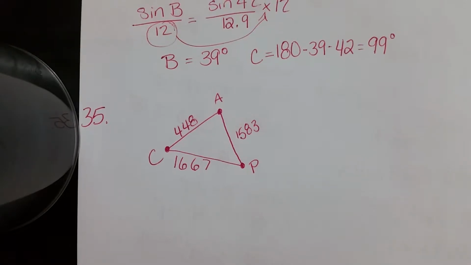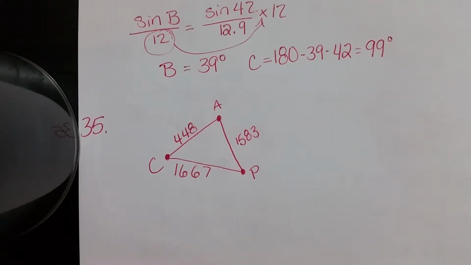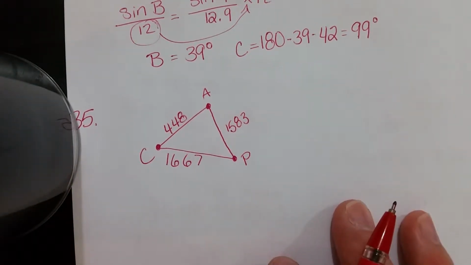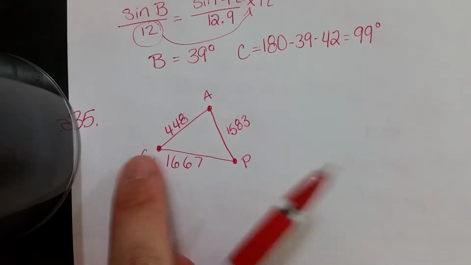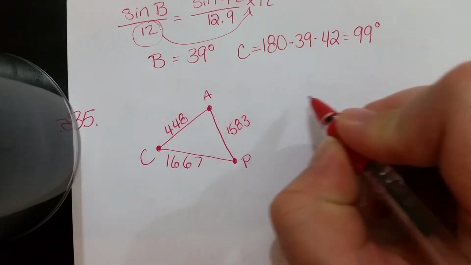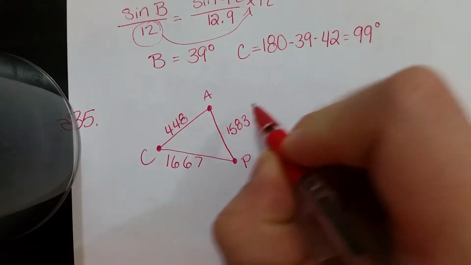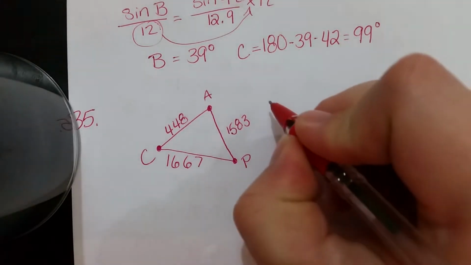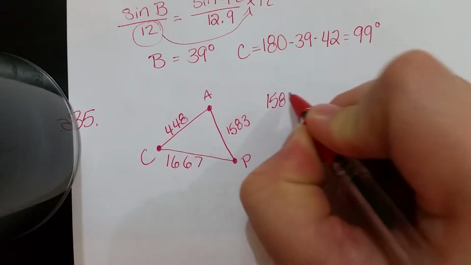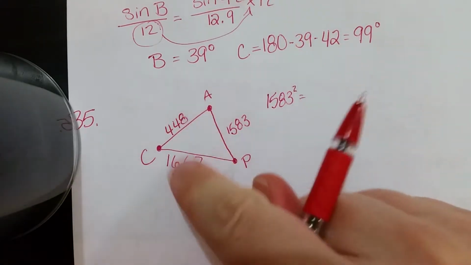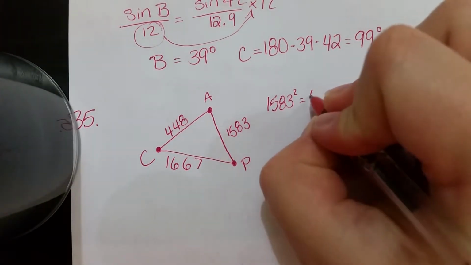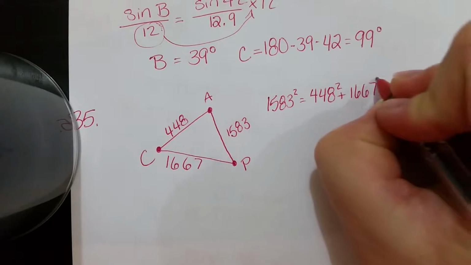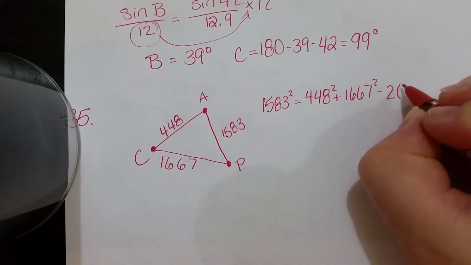Alright, so to determine the angles, basically I know I'm going to use cosine rule because I have side, side, side, so that's when you use cosine rule also. And basically just pick an angle to start with. So I'll go ahead and pick C to start with. So if I want to solve for angle C, the idea is that you have to start with the side across from it for your formula. So in this case, I have to start with 1583 squared. The other two, it doesn't matter what order you put them in. So I'll just put 448 and 1667 minus 2 times